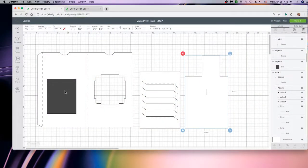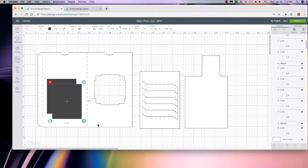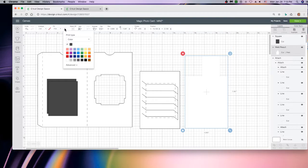So if I want to make my photo just fit in here, I'm just going to duplicate this twice so that I have it. This was the score line that we duplicated and changed to a cut so that we would have it. Here I'm going to take this and make it a print. I'm going to click here at the color square, and I am going to go to pattern,